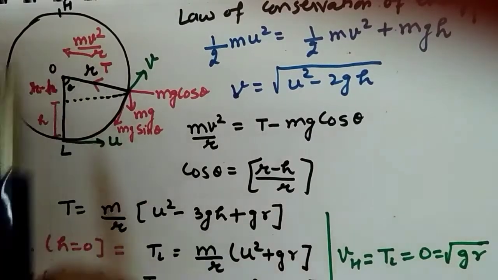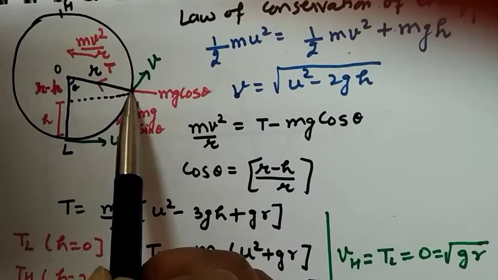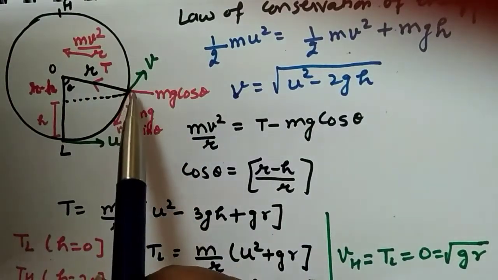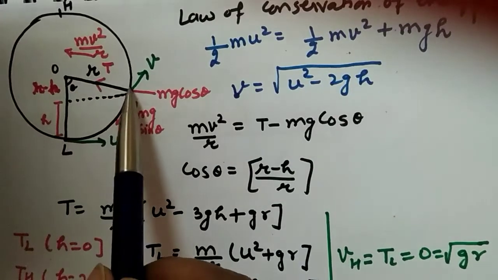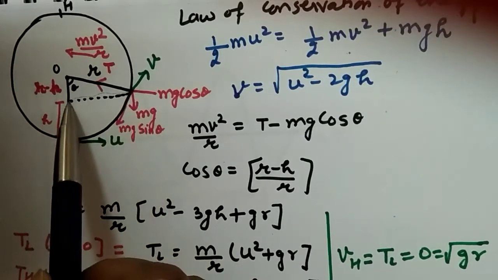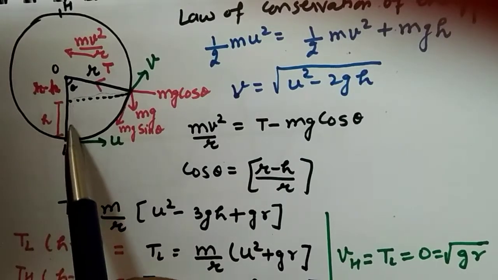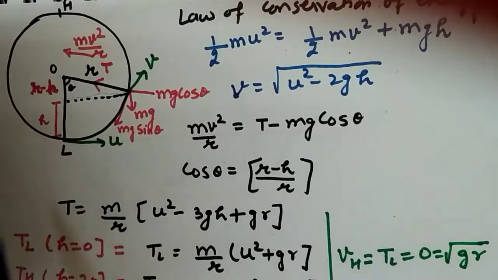He or she hasn't reached the highest point, but they are somewhere here, where they have acquired the final velocity v. Although I know the radius of the circle will remain constant, I am still projecting one perpendicular from this point to here. Since the total is my radius of the circle, if this height I am assuming is h, the rest of it will be r minus h.